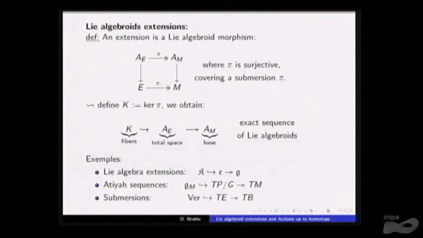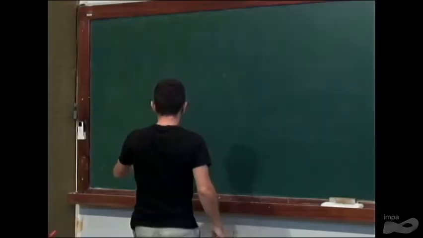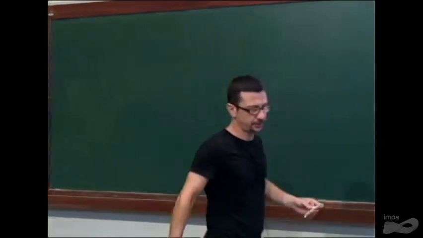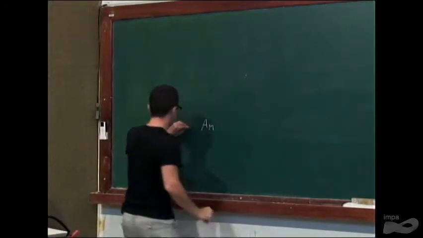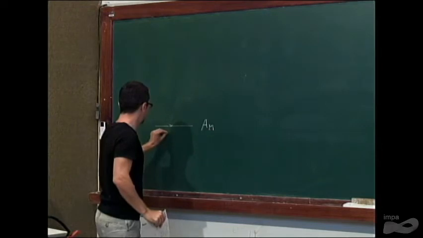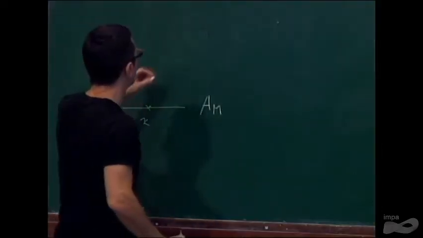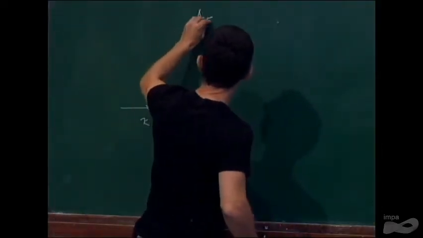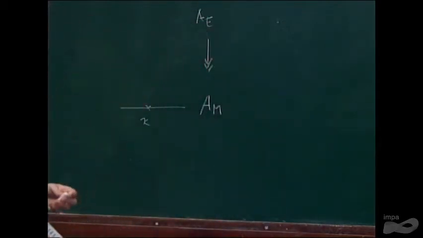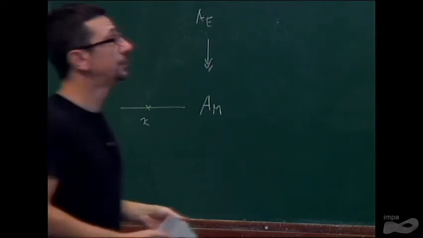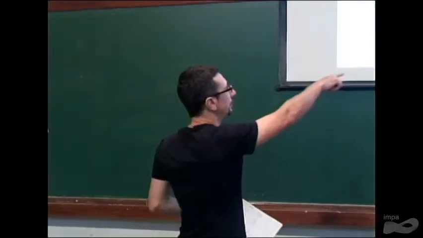That, I hope, I shall explain. So here usually you have, maybe I should keep this in hand. So here you have a Lie algebroid A over M, and say I'm going to take a point x, and you have your total space A_E, and some surjective map as here. Okay, and as you can see, especially in the case of submersions,